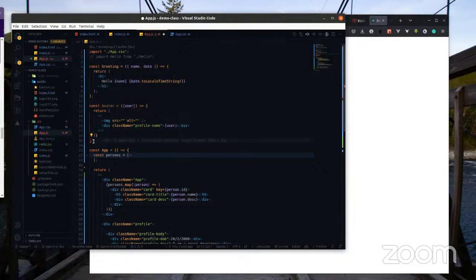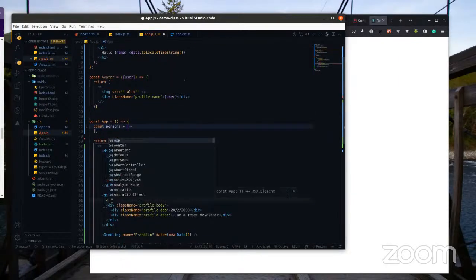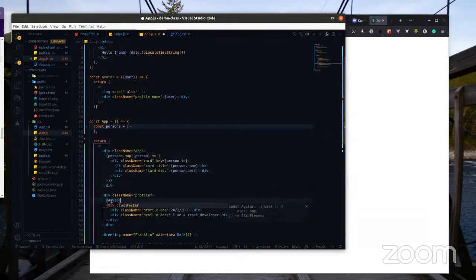Okay, so we could just come down here where this used to be, and we could have the Avatar with user. We call that